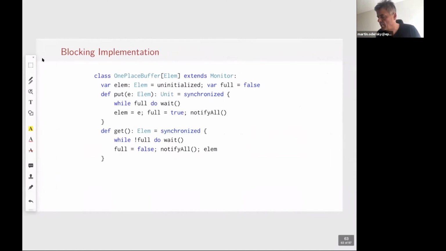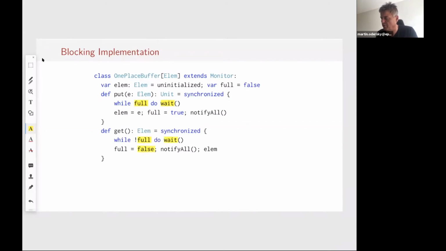If you try to call it from outside, you'll get a runtime error. Okay, so now what we have here for the one place buffer is the new implementation, which says for the put, while the buffer is full, wait. So wait would just suspend until somebody calls notify. And then the getter, the consumer, would essentially say while not full, wait. So let's say we have an element in the buffer, so the consumer would, it's not full, sorry, the buffer is full, so the while loop would be skipped.